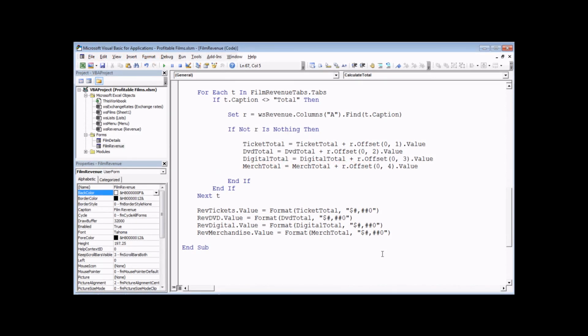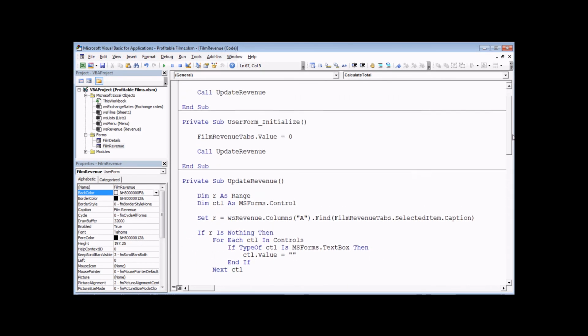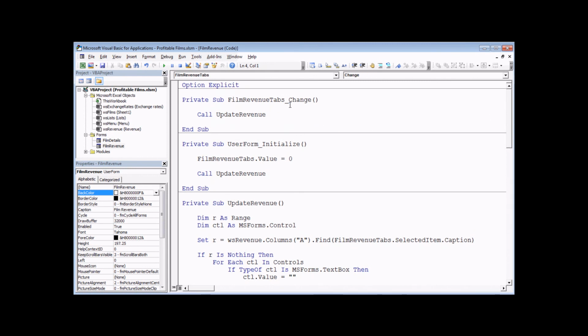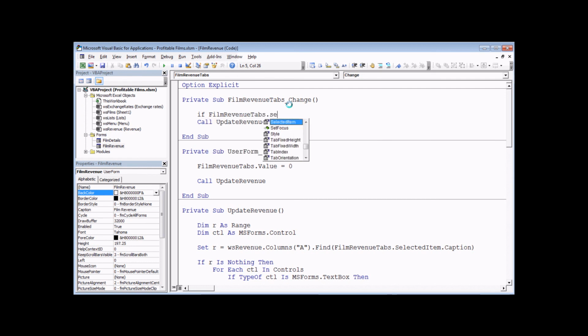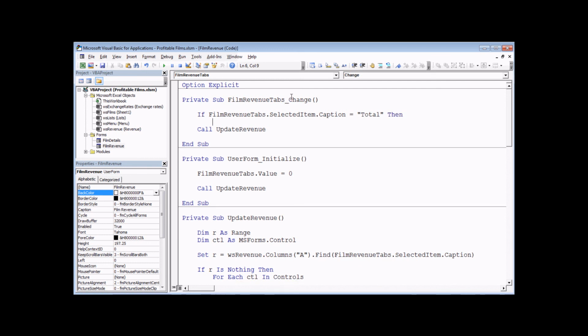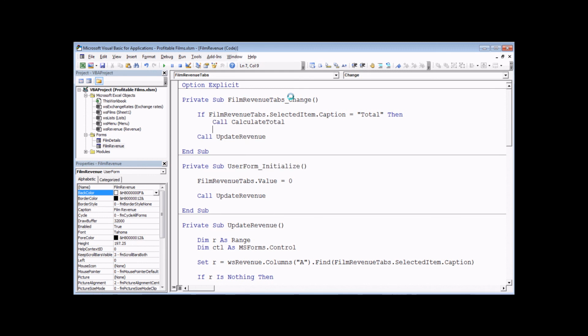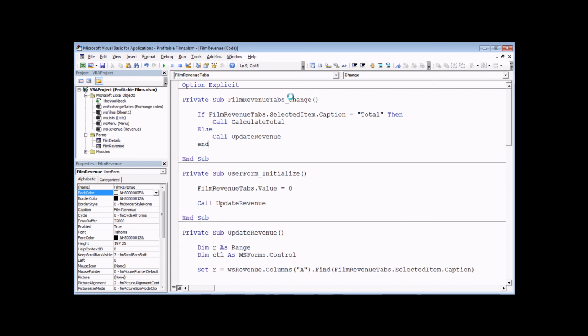The last thing we really need to do now is make sure that we call this procedure at the appropriate time. So let's scroll back up to the change event of the tab strip, and we'll add an if statement here that's going to say if film revenue tabs dot selected item dot caption equals total, then if that's the case, then we're going to call the calculate total procedure, the one we just finished writing. Otherwise, we're just going to call the original one, the update revenue. Don't forget the end if,